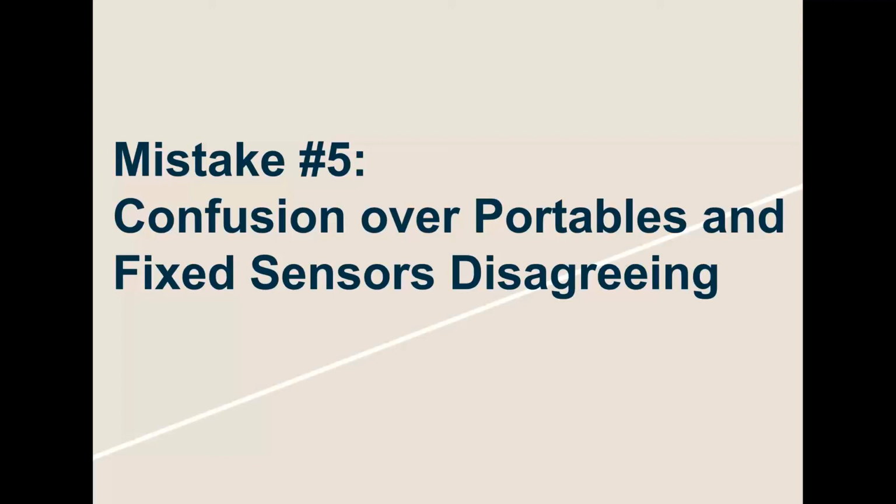And it mostly comes up with reactive gases. So ammonia, chlorine, hydrogen sulfide, sulfur dioxide. Those types of gases are the ones that give the most amount of trouble. And the reason for that is, most of the time, it's the calibration equipment, okay? So are you using a stainless steel regulator to calibrate both sensors? Are you using the same exact gas to calibrate both sensors? If they're different gases, what is the error for each individual gas bottle that you're using? Is there